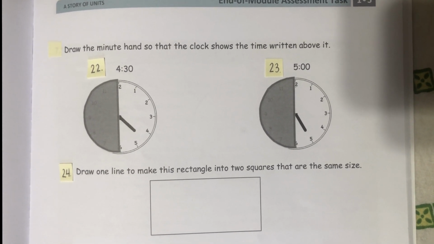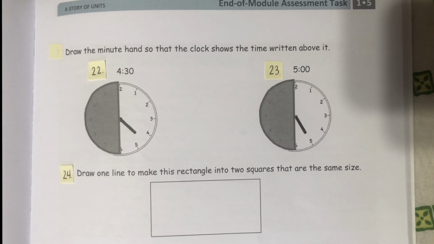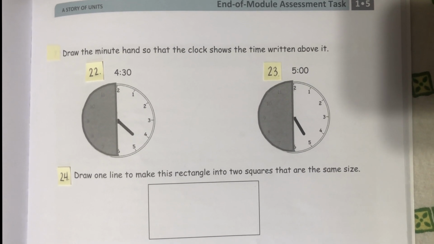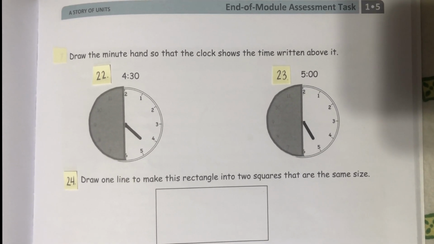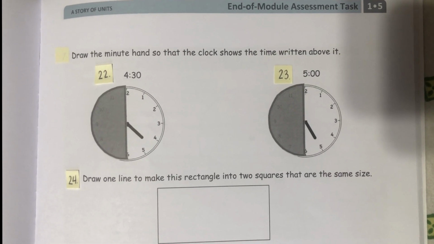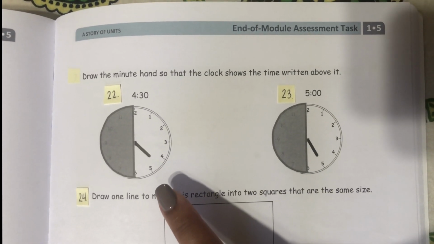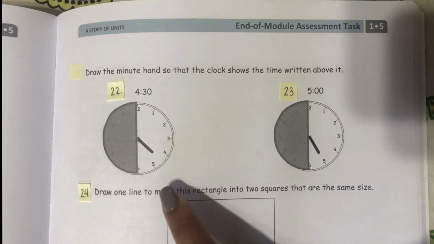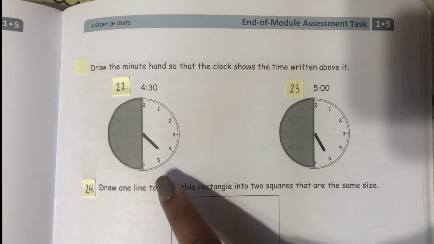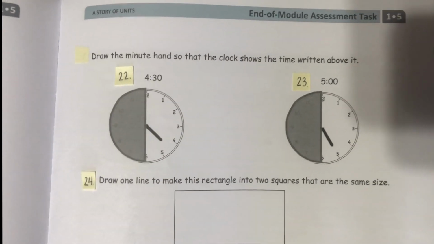Your job is going to be to draw the minute hand so that the clock shows the time written above each analog clock. So once you get finished drawing the clock for number 22, which includes the hour hand, you need to draw the minute hand to make the time